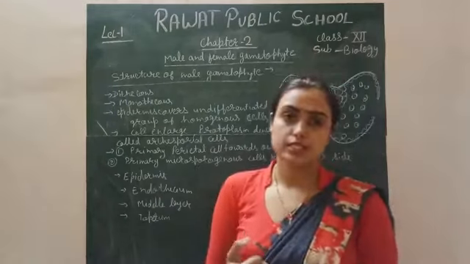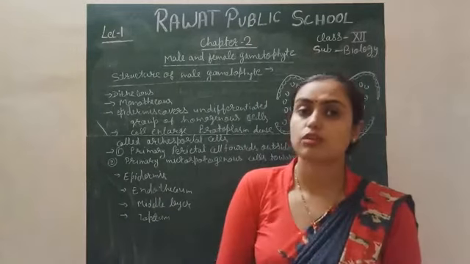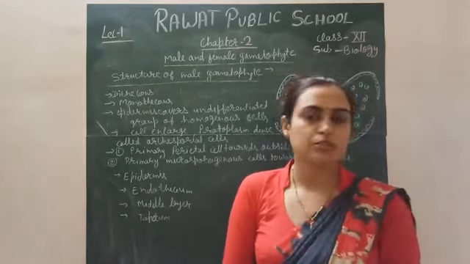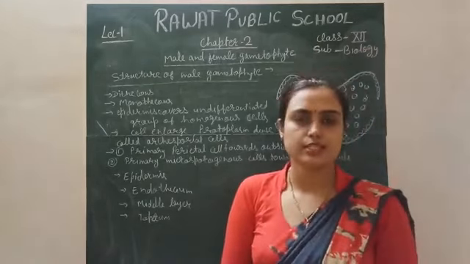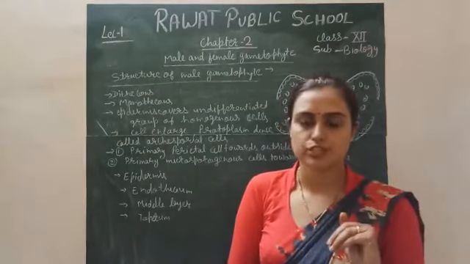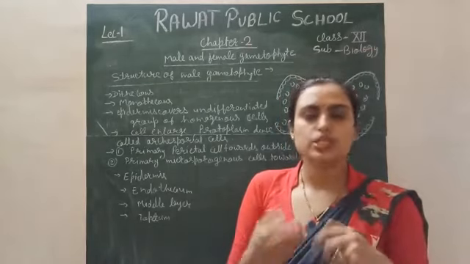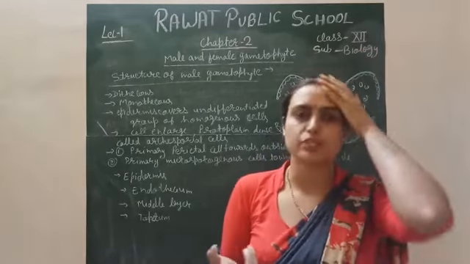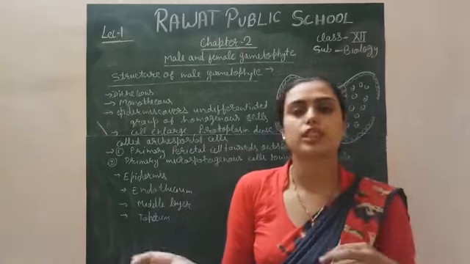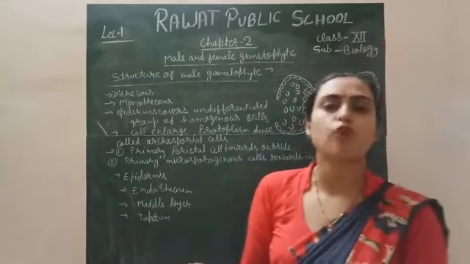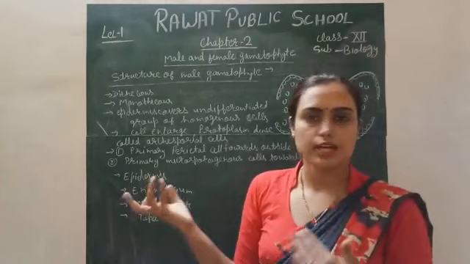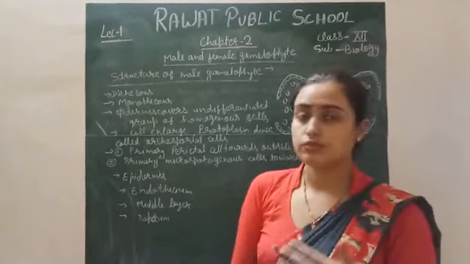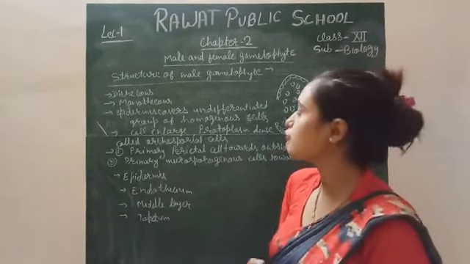So today we will discuss the structure of androecium, the structure of the male gametophyte. The structure of the male gametophyte is called the stamen, which consists of an anther lobe and one filament. The anther lobe actually helps in the formation of pollen grain, because pollen grain is the male gametophyte, which fuses with the egg of the female gametophyte and forms the zygote, embryo, seeds and new plant body. Simply, right? So we will discuss today the structure of the male gametophyte.